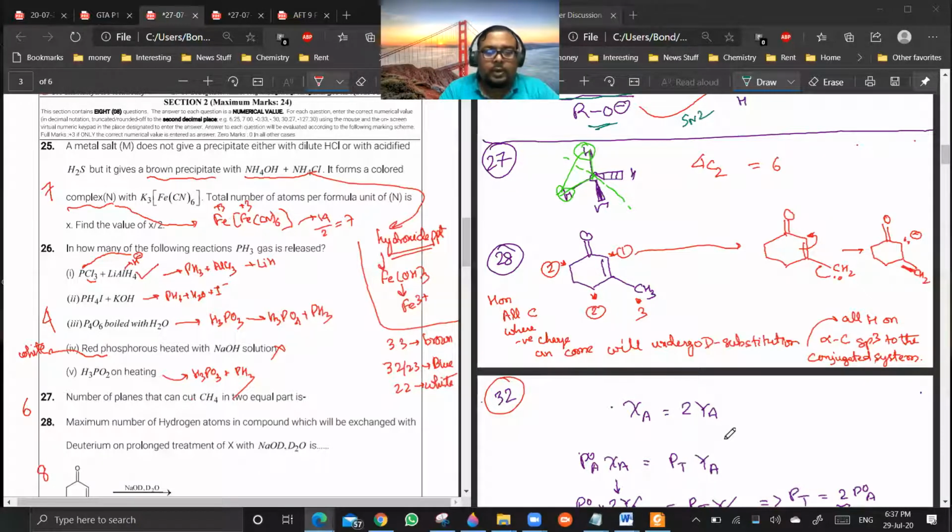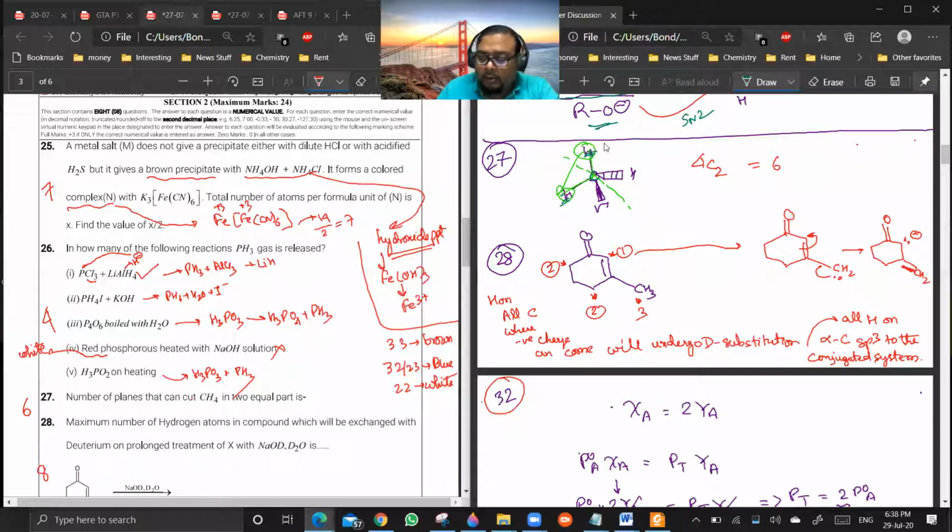27. You see, when you're talking about methane, if you are assuming that this methane is having these two hydrogens in the plane, then the other two hydrogens will be in a mutually perpendicular plane. This is the plane of the paper. Can you understand it? Yes, sir. So you need two hydrogens to form a plane of symmetry. Two hydrogens plus carbon will form the plane of symmetry. You need 3 points for a plane. So how many such combinations are possible?